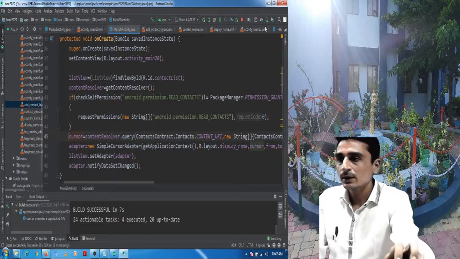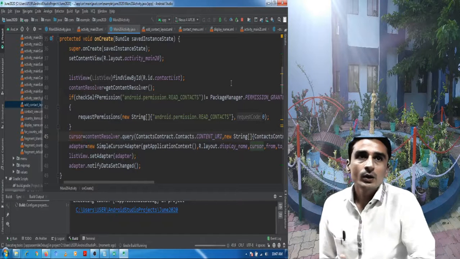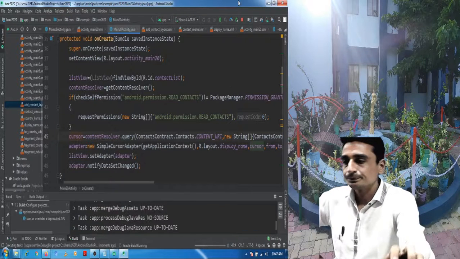So it will be sorted by display name. All the records will be displayed in ascending order.